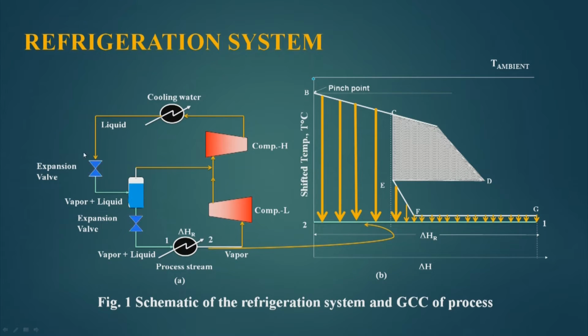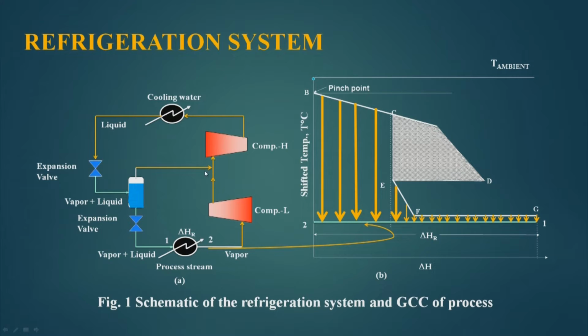The liquid comes here through an expansion valve, it is expanded, it converts into a vapor and liquid mixture, and then the liquid goes here, and then this converts into vapor. So, this is again an expansion valve, it expands the liquid further, that means brings down the pressure of this liquid. Once it brings down, it again converts into a vapor liquid mixture, which goes to the evaporator. So, this cooling utility is provided by evaporating the liquid refrigerant.